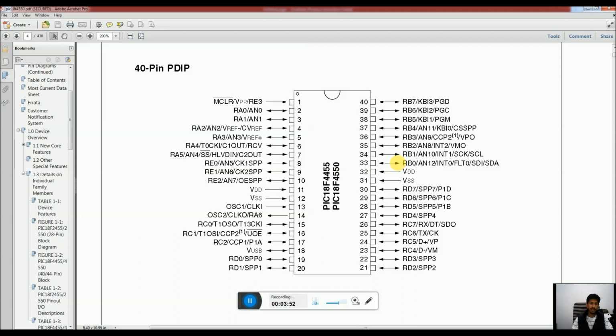So there are many functions associated with a single pin because we cannot afford to have a microcontroller with an infinite number of pins. For example, if we count all these functions, they can be more than 100, but there are only 40 pins in this IC package.